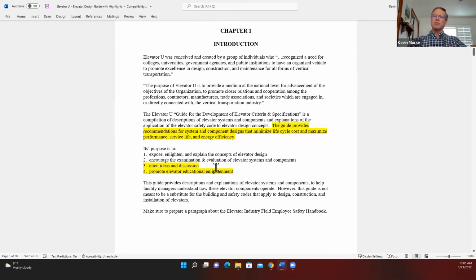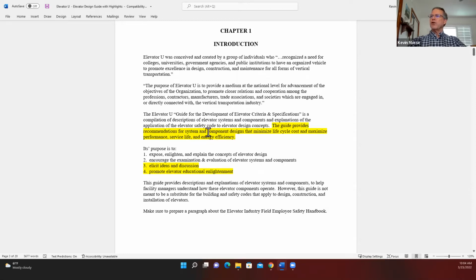So we're making an assumption that most of the people attending the webinar are familiar with Elevator U and familiar with elevator systems and elevator design. So we're going to focus on specific items in here for the presentation, but anything that you see in here that you'd like to ask questions on, you'll be able to do that in about 30 minutes. So what you see highlighted,